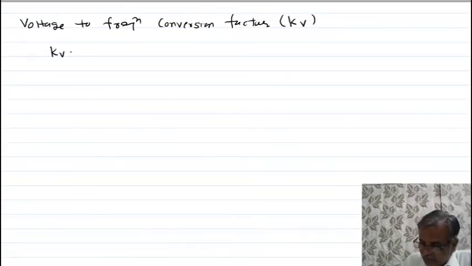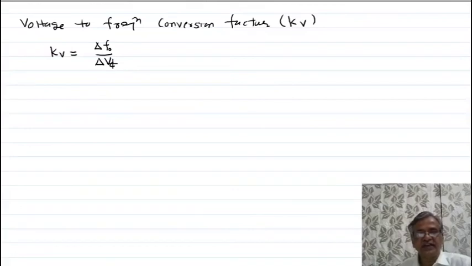The voltage to frequency conversion factor is given by the ratio of delta FO to delta VC. Here delta VC is the modulation voltage required to produce the frequency shift delta F0 for the VCO. Delta F0 is given by